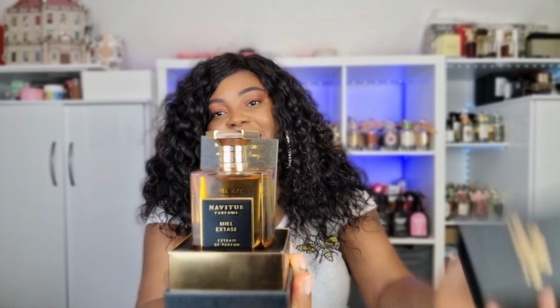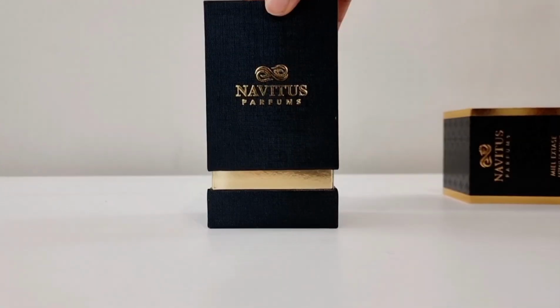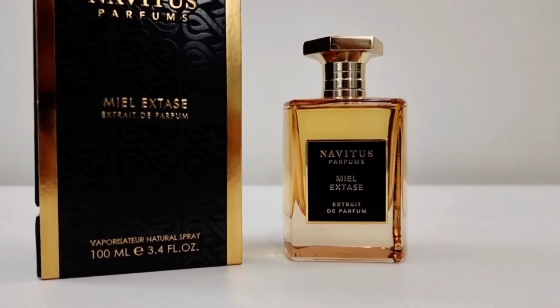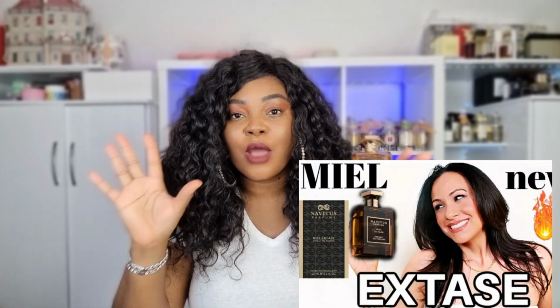Now my scent of the day is this new perfume right here. So my scent of the day is Miel Extase by Navitus and PLA of Dear Makeup Diary. Now this perfume is absolutely beautiful. I had this perfume sent over to me kindly by Navitus. Thank you so much. I would have bought this perfume anyway because this perfume is everything I want in a